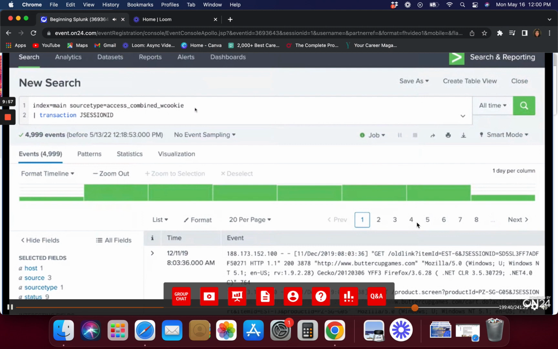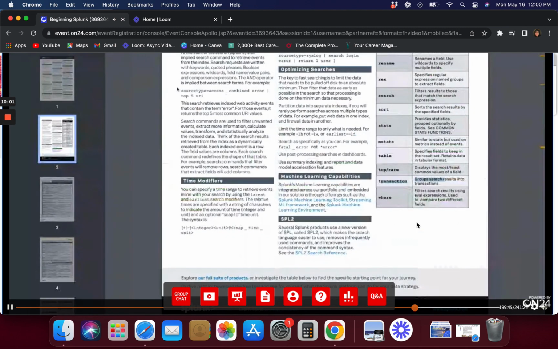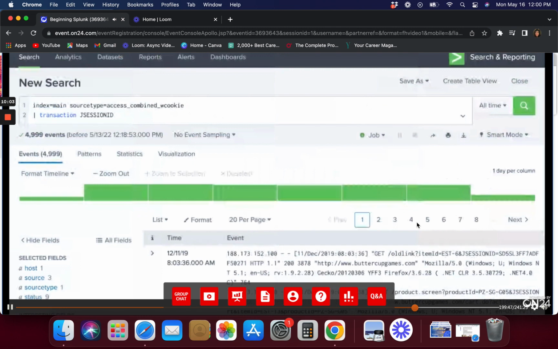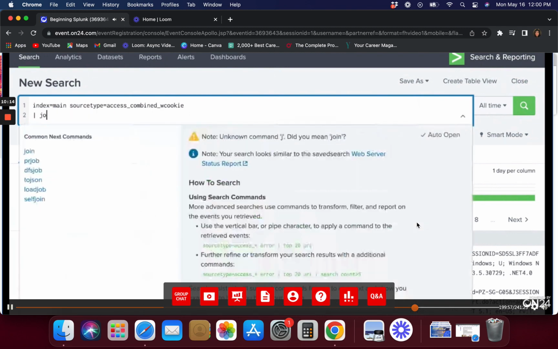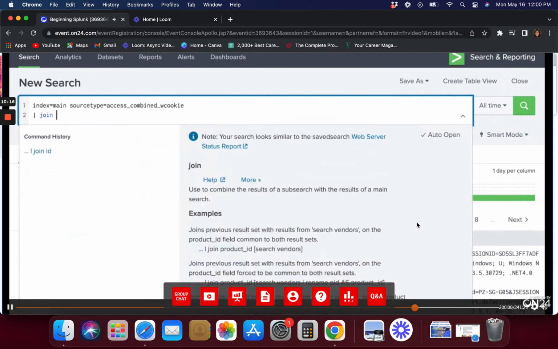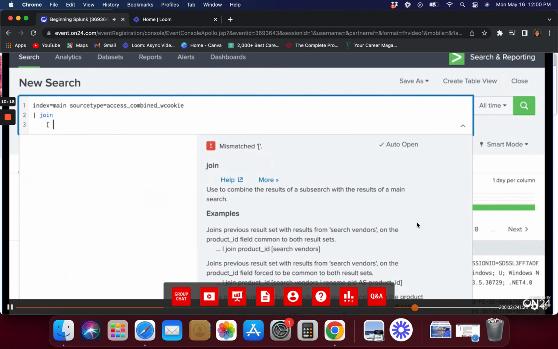Then there is also the join command. Join, again, is one of the advanced commands. With join, what we do is we run a subsearch and then join the results of the subsearch into the main search. So the command goes something like this: join, and then you open with an open square bracket,